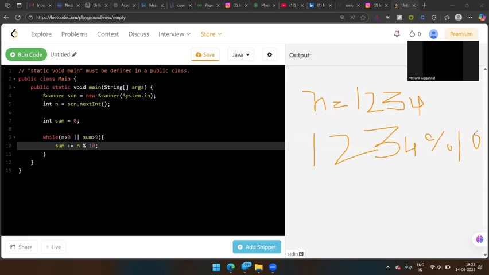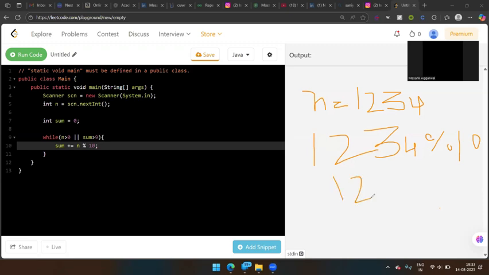What mod does is it returns the remainder after dividing with 10. Whatever the number is here, when you put a mod here, then the number gets divided by this number, and leaves the remainder after dividing. This mod does that. So after dividing 1, 2, 3, 4 by 10,